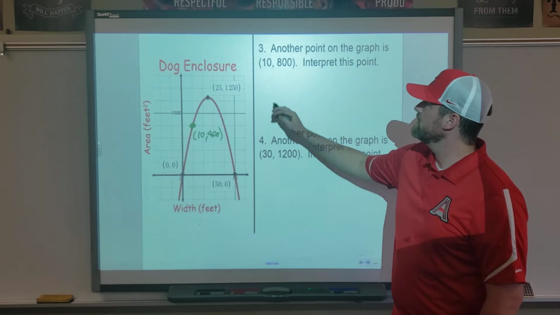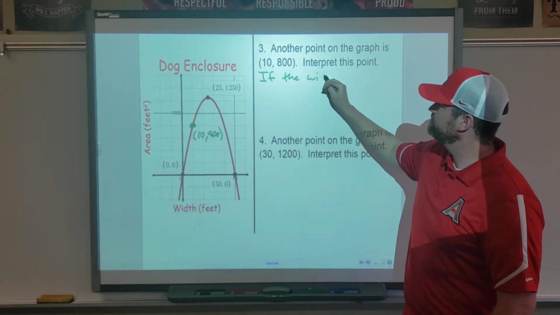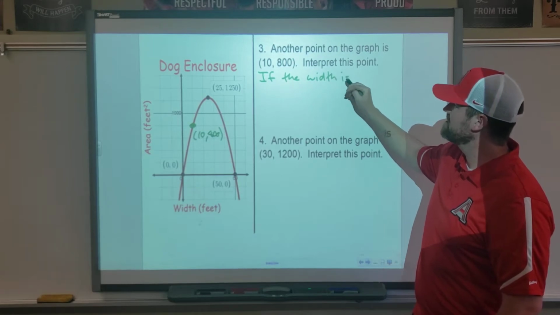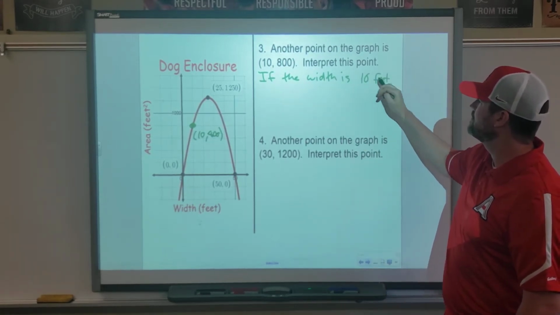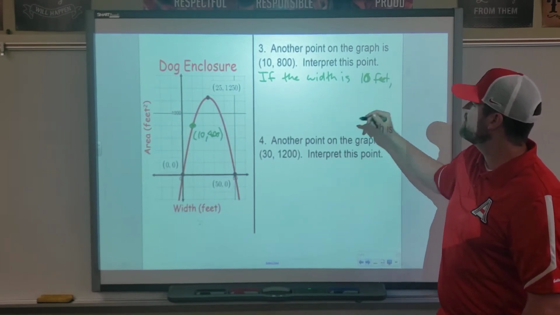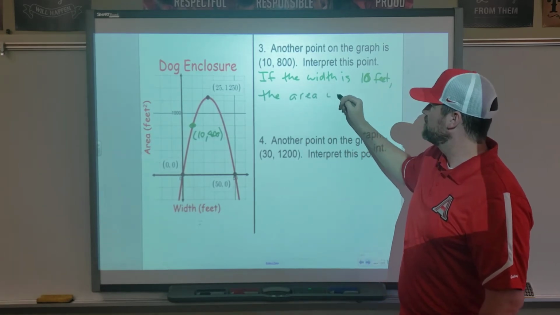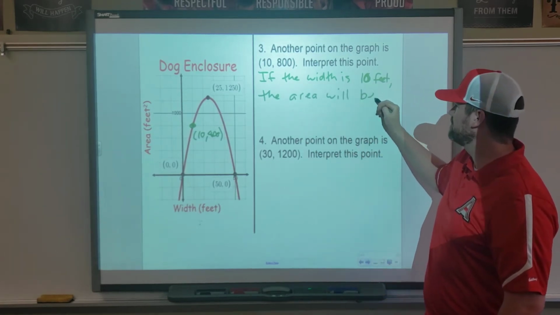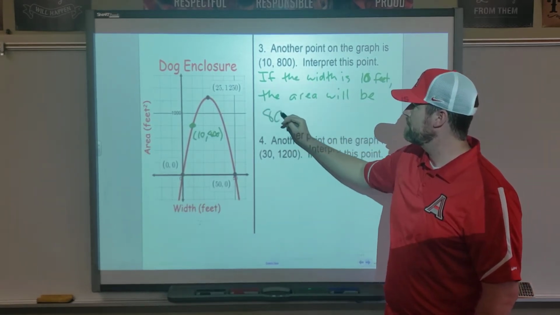So we can interpret that if the width is 10 feet, the area will be 800 feet